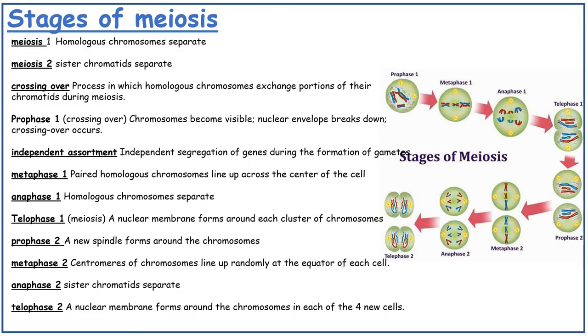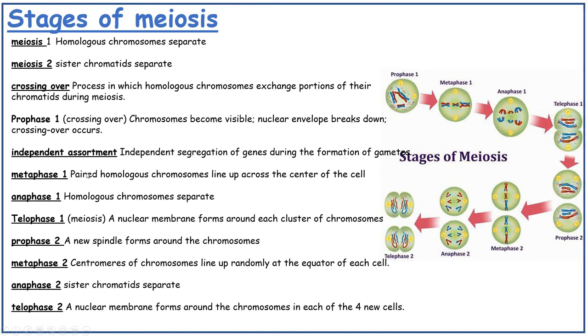Crossing over is a process in which homologous chromosomes exchange portions of their chromatids during meiosis. You then need to know the individual stages in meiosis 1 and the individual stages in meiosis 2. So it's PMAT twice. Prophase 1: chromosomes become visible, the nuclear envelope breaks down, crossing over occurs. Independent assortment: independent segregation of genes during the formation of gametes. They can line up randomly in any orientation at the equator during